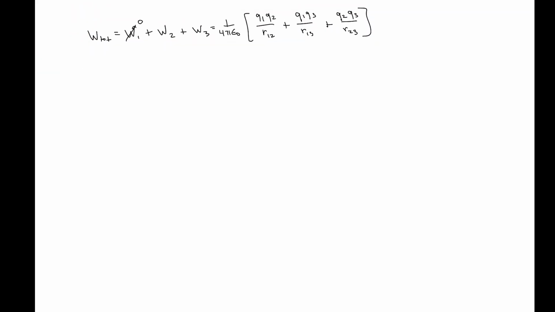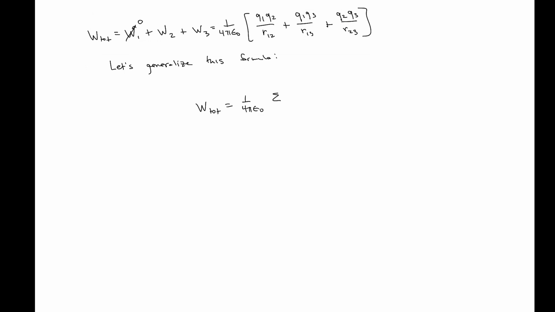You should see a pattern developing. So I can write out a larger rule that will generalize this for any number of charges. Okay, so let's stare at it for a second and figure out how we can do that. Well, we've got pairs of charges here, 1 and 2, and then we always have the distance between them. So pairs, distance. Okay, so maybe I could calculate the total work as that constant out front, but now